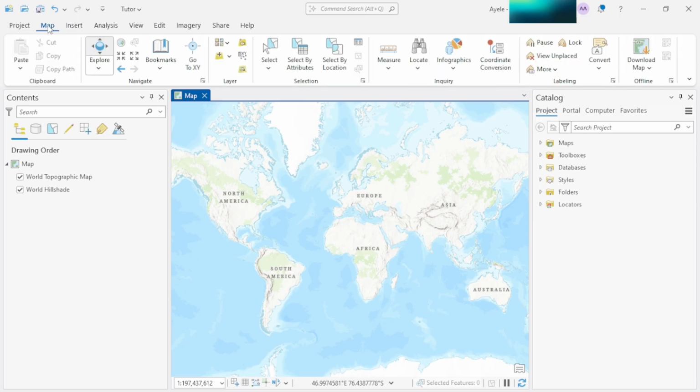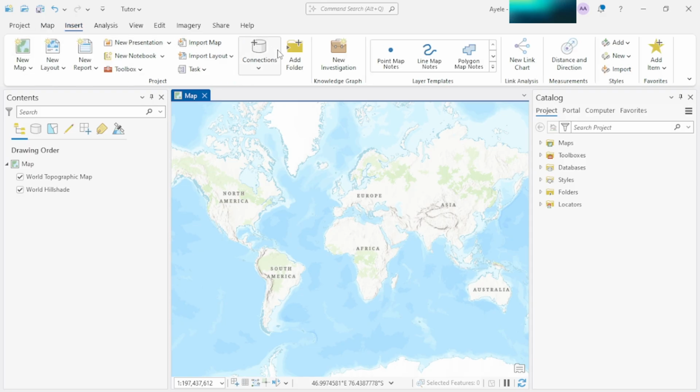This is a very common one. Now I am on the Map menu bar. Under this, there are many tools that we will use. Under the Insert option, if you want, you can insert a new map, a new layout, that means a print layout, a new report, new presentation, or new notebooks. You can also check the Analysis